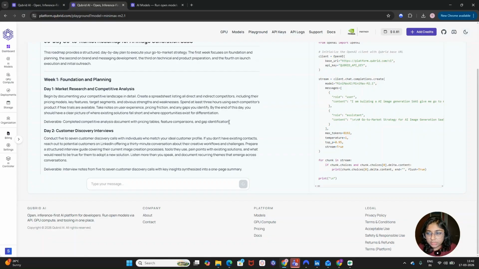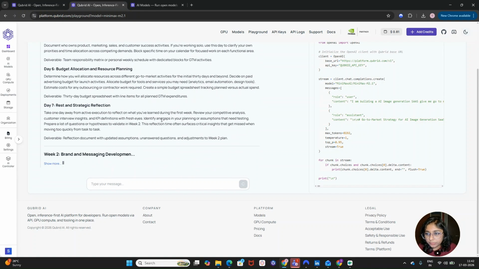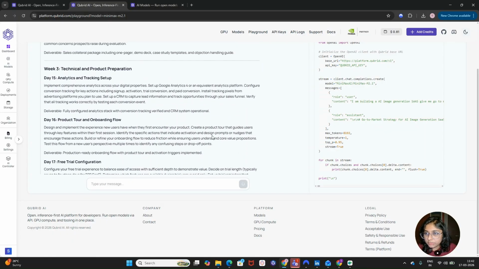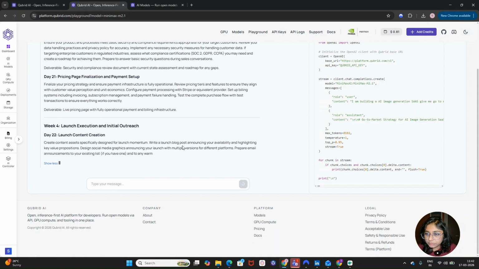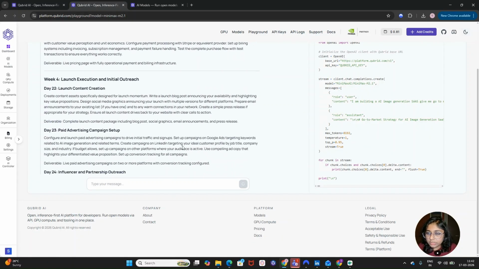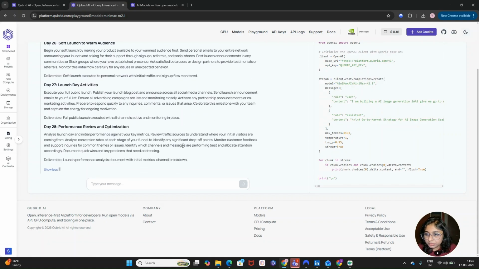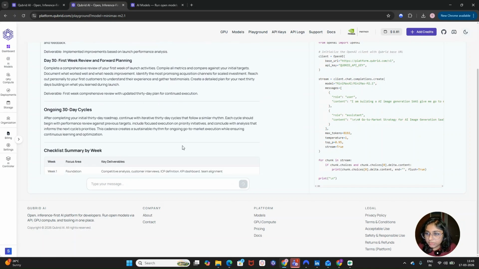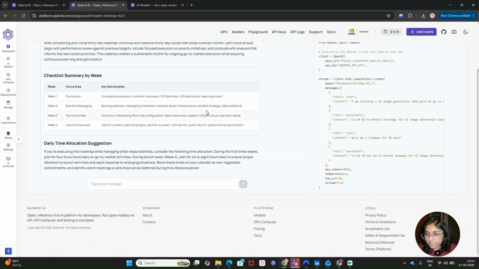It has started giving us a weekly plan, like for week one, market research, customer discovery interviews, then week two, brand and message development, week three, technical and product preparation, then launch and execution and initial outreach. It has also given us a checklist summary as well.